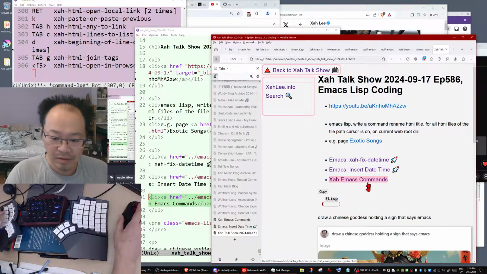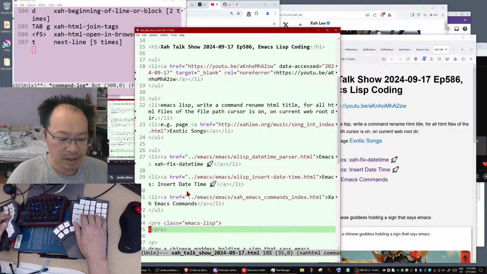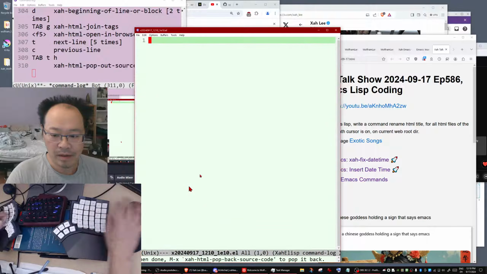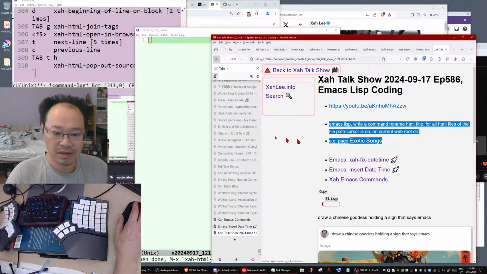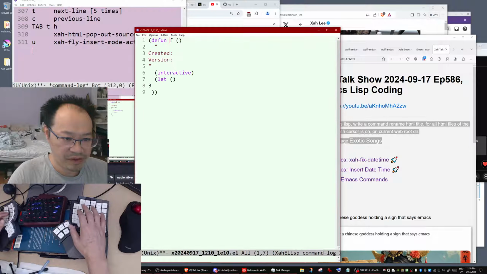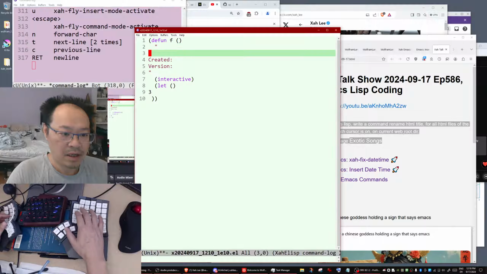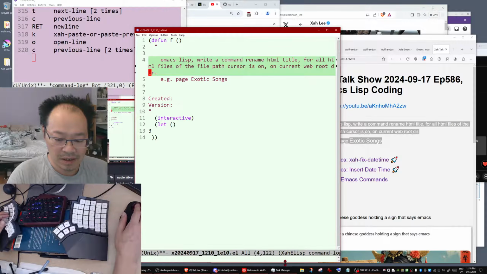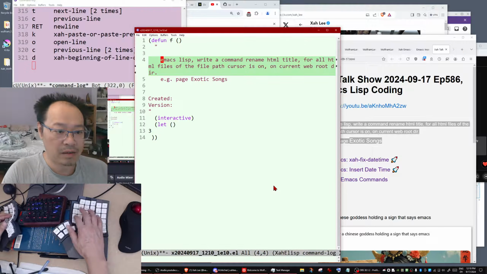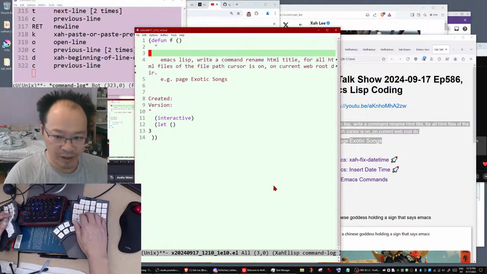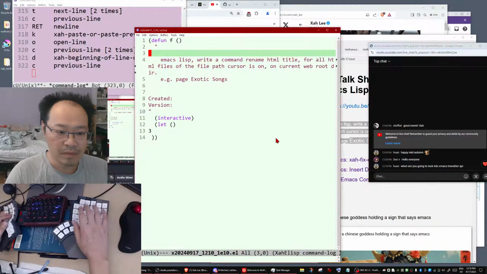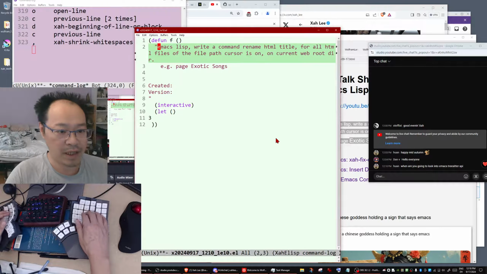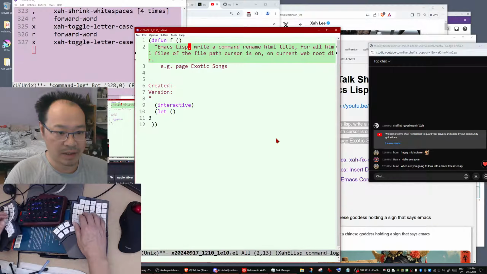Okay, so now let's start to code Emacs Lisp. So this is kind of documentation. I got an example there. So D for define, I'm using xah-emacs-lisp-mode. You can see in the mode line, the status line here, xah-emacs-lisp-mode. You can buy it, pay me, you get it free, and pay as a donation, and it's open source. It was free for 10 years, but I don't get money.